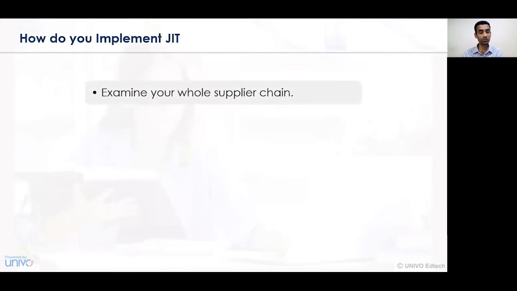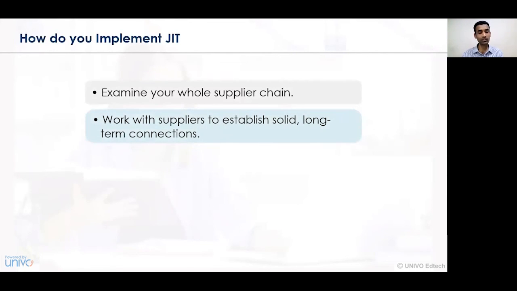Now let's understand how we implement the JIT, that is just-in-time. First thing we need to do is examine our whole supply chain activity, and on that basis, further decisions need to be undertaken. The second step is to work with the suppliers to establish solid and long-term connections. And only when we have proper and long-term connections with the suppliers can we implement a better